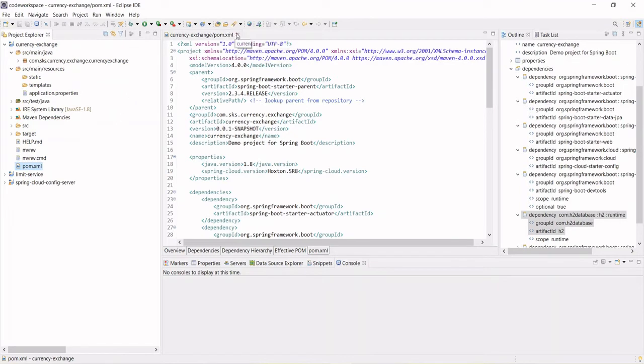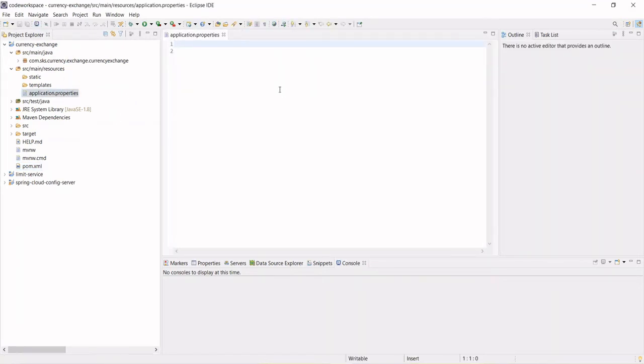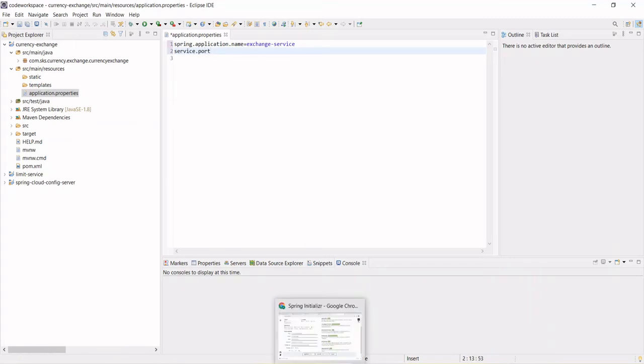So what we need to do now, we go to the application properties. Let's put the name of this application, spring.application.name, and give the name like exchange hyphen service. Okay, and what should be the port?